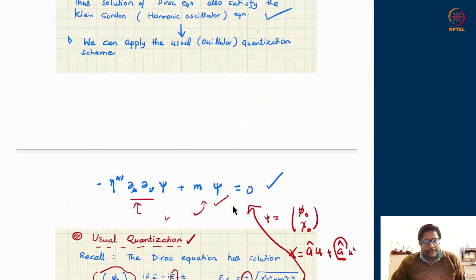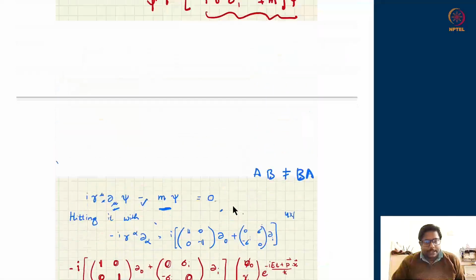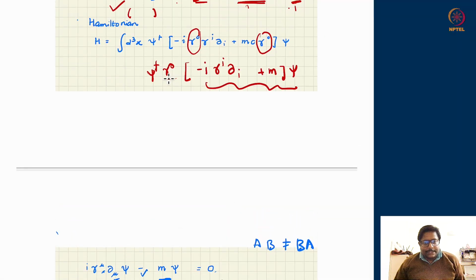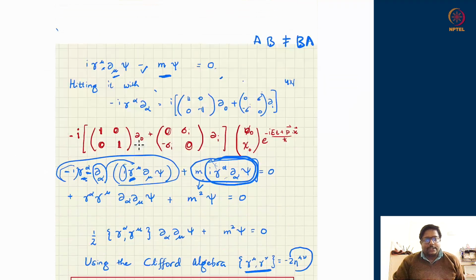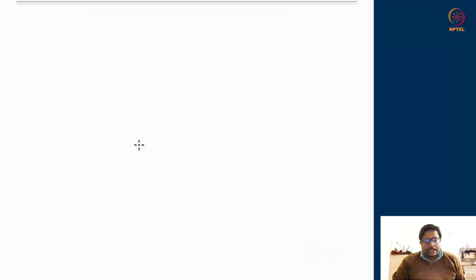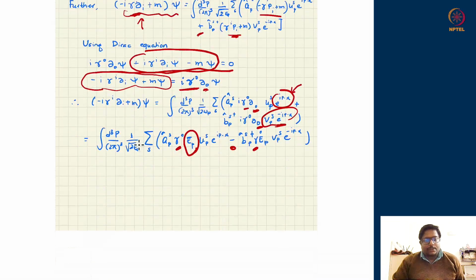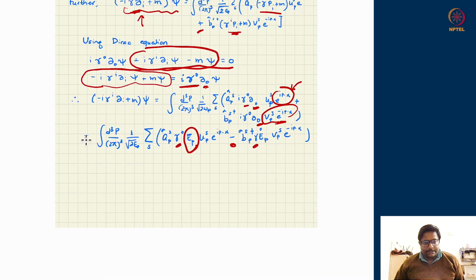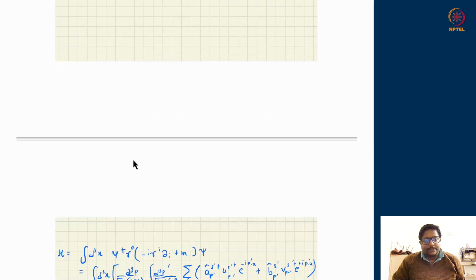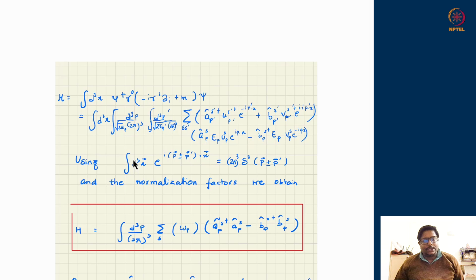To get the Hamiltonian involved, apart from the operator which we have obtained, another gamma naught should multiply the whole operator, and then a psi dagger should be multiplied, and d3x integration should be done. So that is what I'm aiming to do. I have obtained the action of this operator part, which is this. I will multiply a gamma naught to the whole thing, I will multiply a psi dagger to the whole thing, and I will do the d3x integral. So this is what I am supposed to do, and that will give rise to the Hamiltonian.